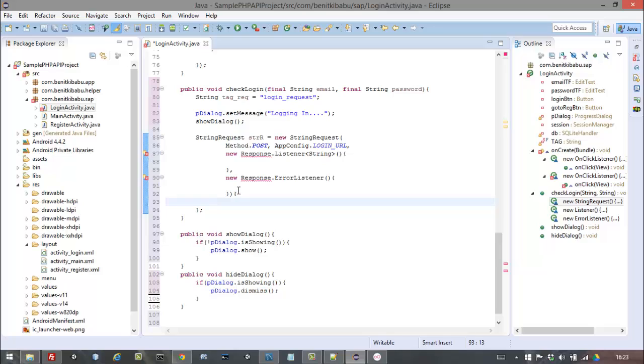Okay, and then after the open curly bracket of the actual string request, that's the open curly bracket of the string request,